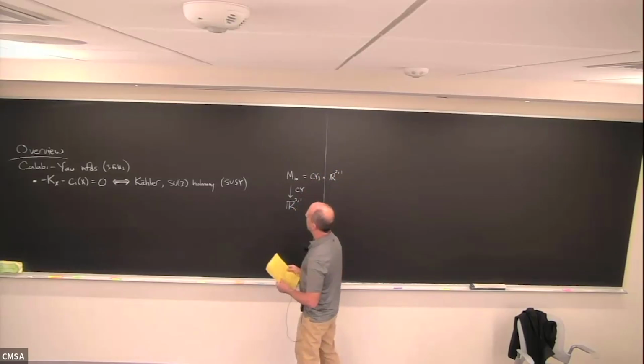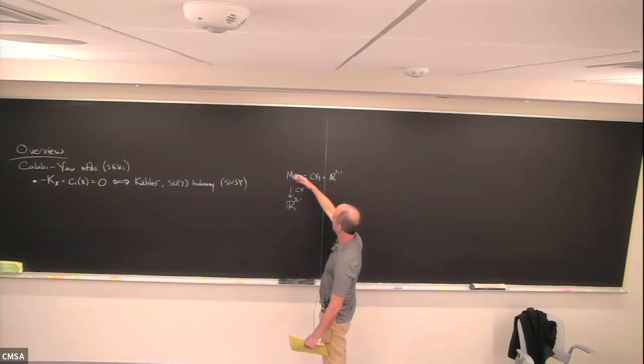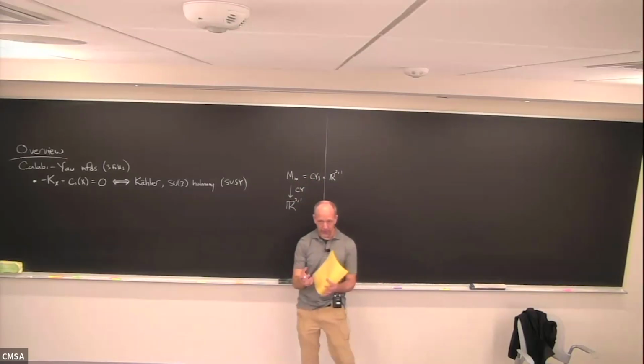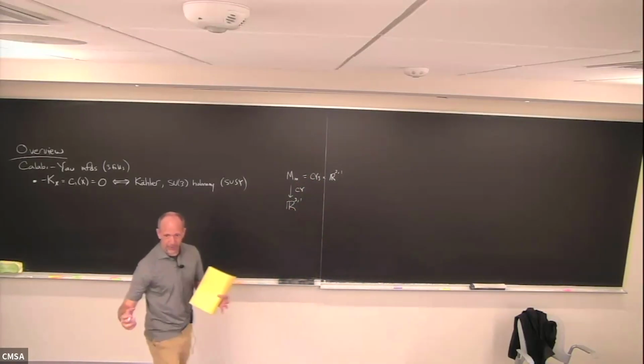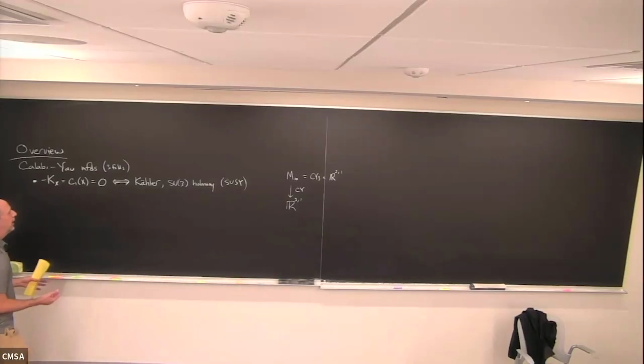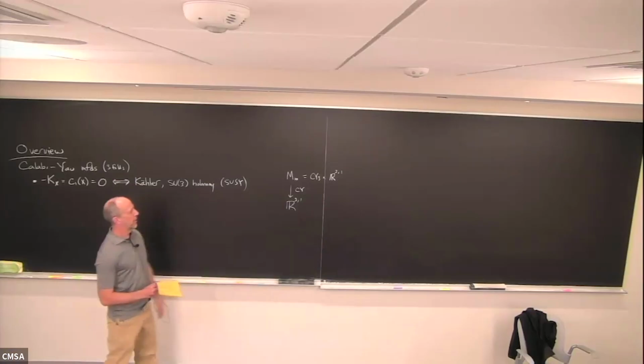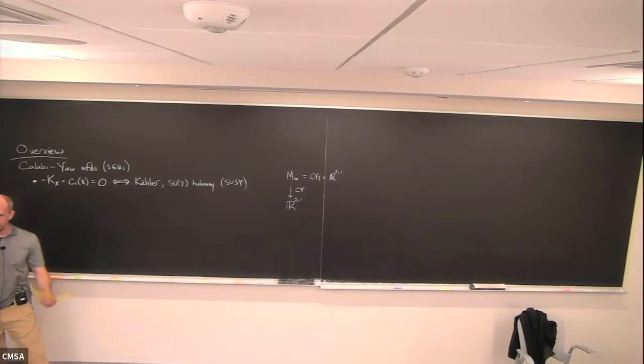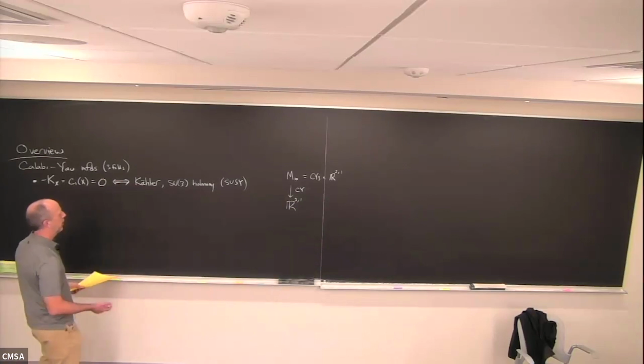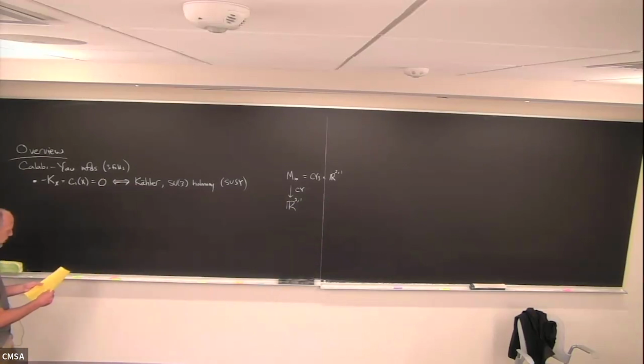And the idea is we take 10 dimensions, we make 6 of them small, we curl them up on some tiny space, which in our case is going to be a Calabi-Yau. And if that tiny space has SU3 holonomy, it means that we preserve some supersymmetry, which is great for string theorists because we still have a lot of mathematical control. And we have the power of holomorphy and analyticity.